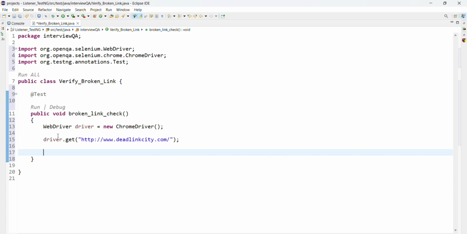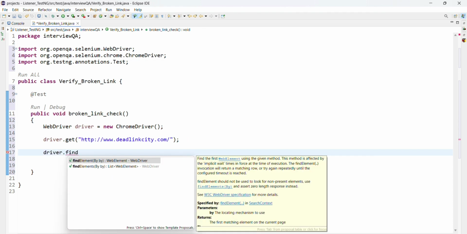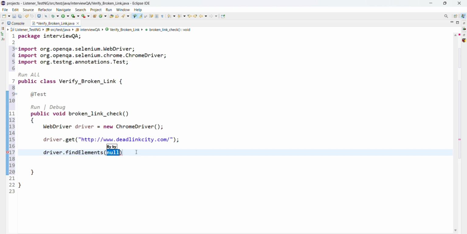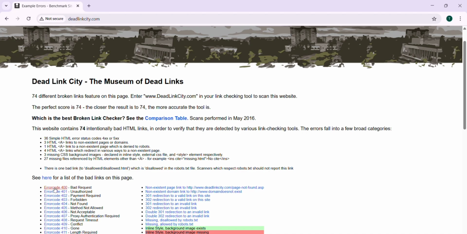First we are opening driver.get, and then we need to take all the links. To capture all of them we have to use driver.findElements. Find element is applicable for one web element, and find elements is applicable for a list of web elements, means all the web elements. So we are taking this one, and if you inspect it,